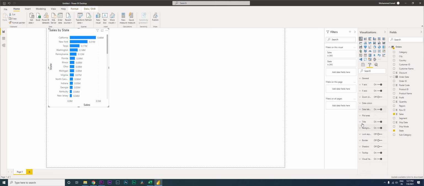And another thing that I'm going to do is I'm going to align the title to the center. Now there are a whole lot of options that are available, which we will take a look at in different videos, not particularly in this video. Let's look at only the basics of how to create charts and what are the functions that you can use and how you can use the interactive charts within Power BI.